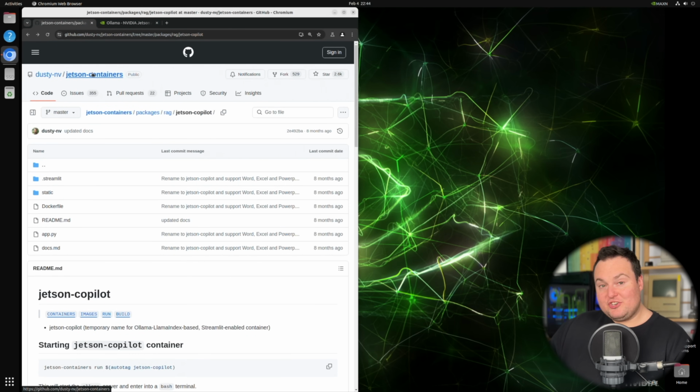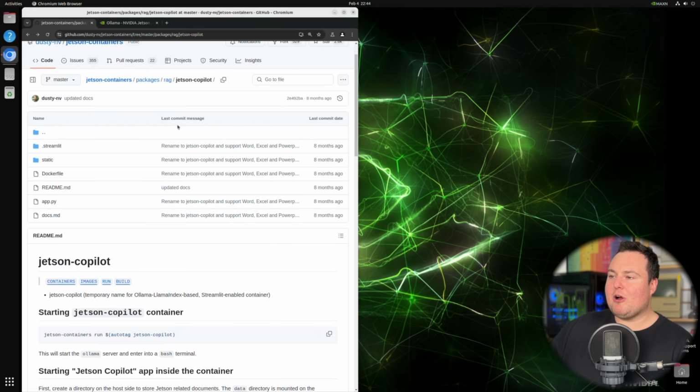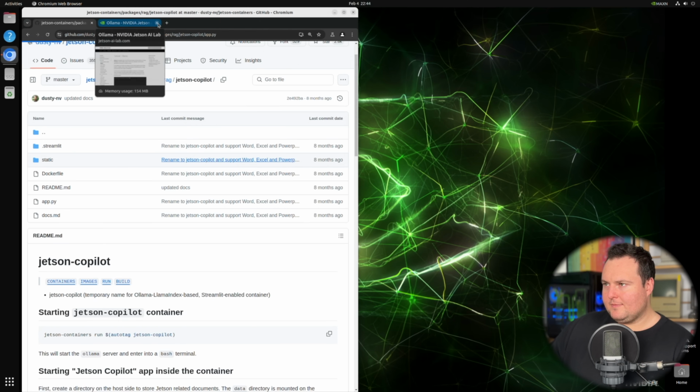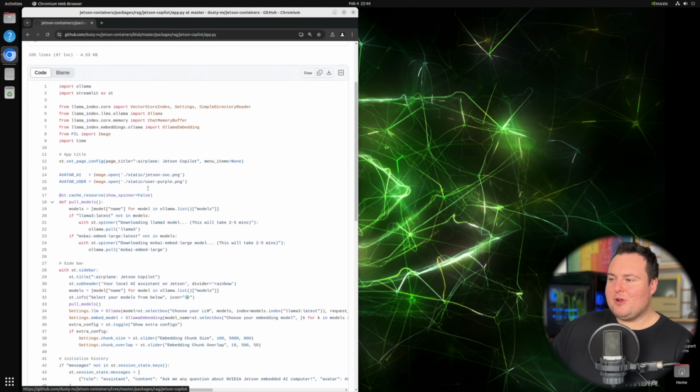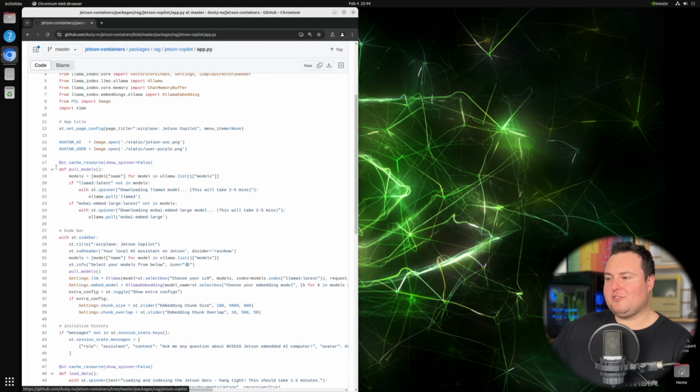If we go back to the Jetson Containers GitHub repository page here for the Jetson Copilot, we are going to see some of the associated files with this container. One of those being app.py, which is essentially responsible for that Streamlit web application and some other backend logic. If we click on that file, we are going to see that basically once it starts, it runs a